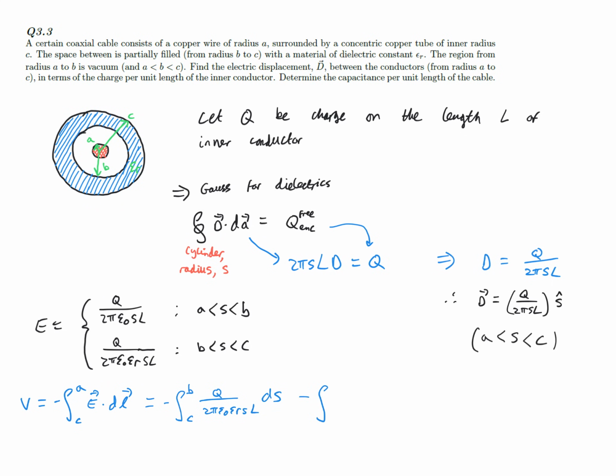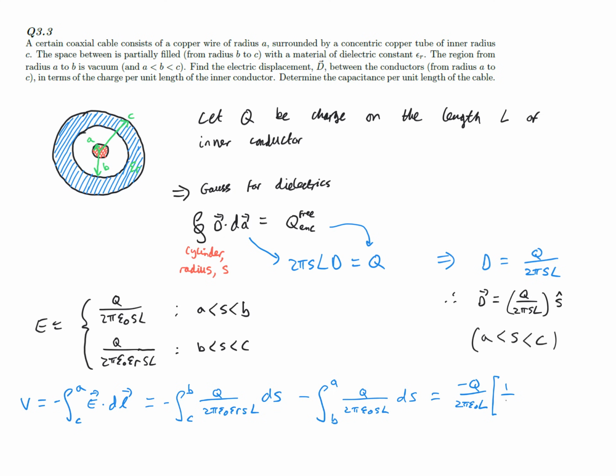And then the second contribution is from A to B, and the electric field in that case is q over 2 pi epsilon naught sl. Again, I'll choose the path along the radial direction. And so these integrals are rather easy. They're just basically up to some constant, the integral of 1 over s ds, which is log s. And then we have to evaluate it at the various limits. And it's fairly easy to show that this is going to be minus q over 2 pi epsilon naught l